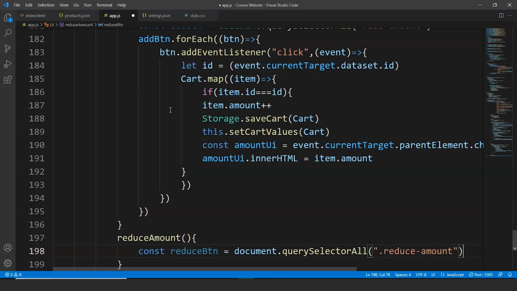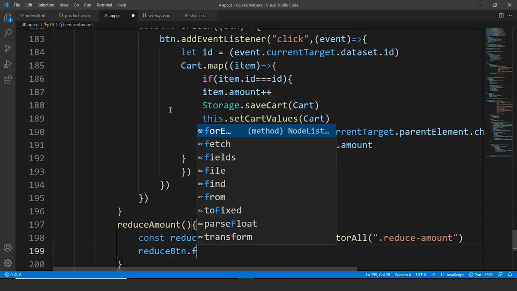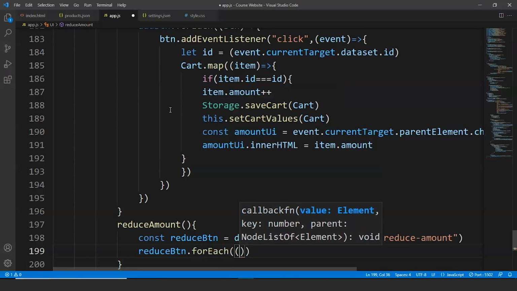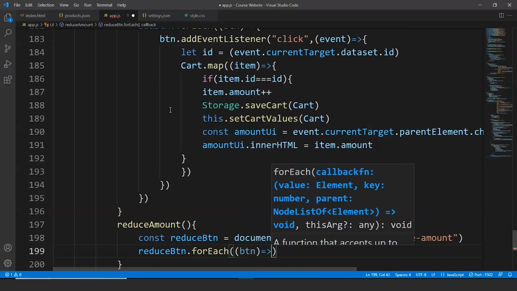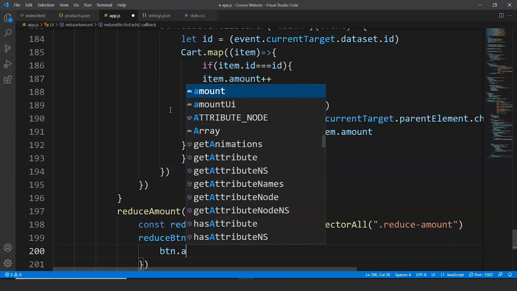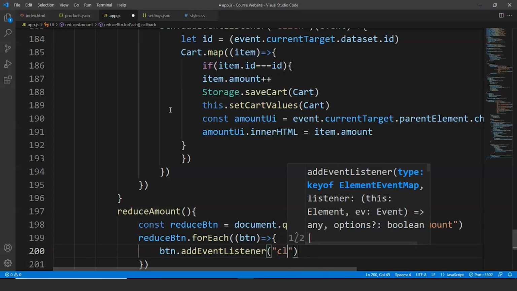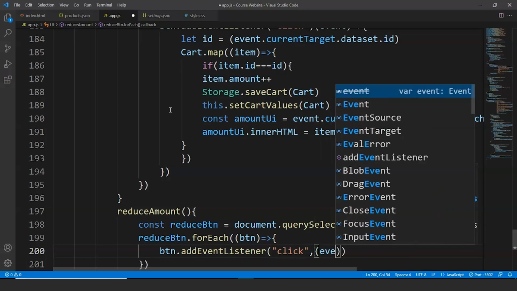Fine. We'll write here reduceButton.forEach, and then we'll pass button over here and we'll use the arrow function again. Finally we'll write here button.addEventListener, click, event,